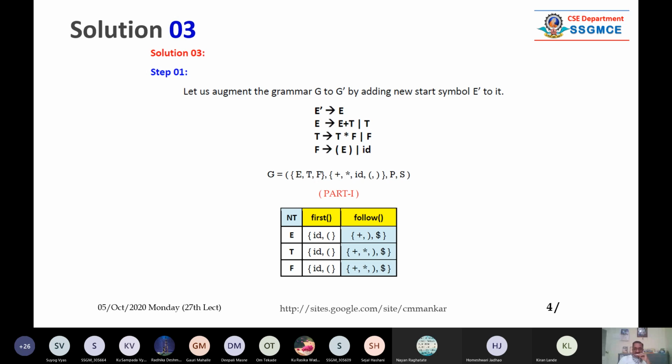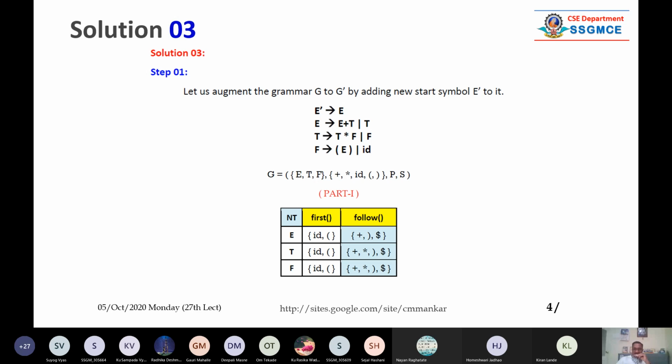Then we have to compute something called I, the initial set. From that I set, we can compute I0. From I0, we can compute I1, I3, I4, whatever. So we have to go on recursively, and we stop when we are not able to generate any more new sets. Generally, we call it the LR0 item set, or the set of canonical items. This is a theoretical term.